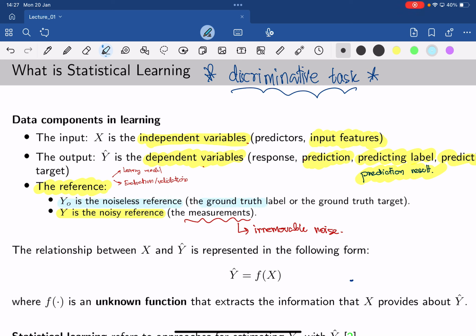Ground truth is commonly used, especially in the field of computer science, probably because in most of those applications they have a data set that is already cleaned, and some of them are clear in what they are representing. Therefore, they can call their reference ground truth. That means absolutely no noise. Okay. So yes,